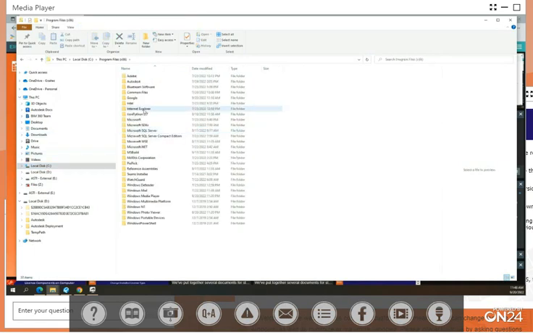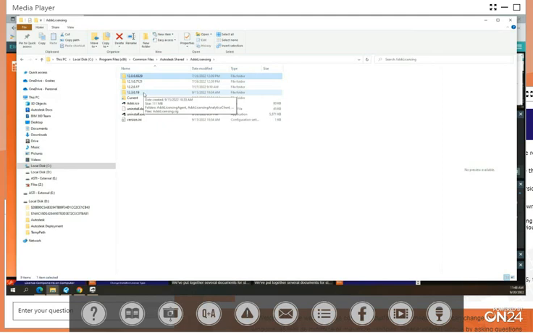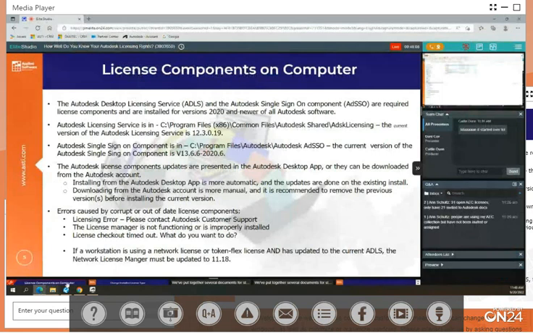So we go to Program Files, Common Files, Autodesk Shared, and this shows you what version is installed. So this was the very first version that was installed on my computer, and then subsequent updates, as they were presented to me in the desktop app, I ran those updates. And so you can see what version you're on. So if you're on the right version and you're still getting invalid messages or unable to start AutoCAD,